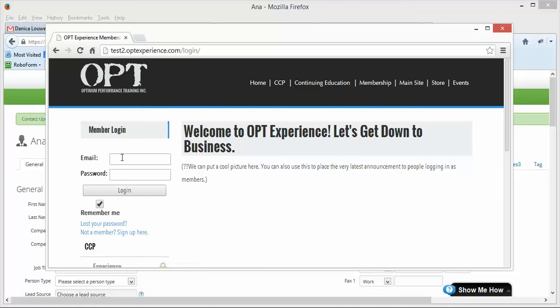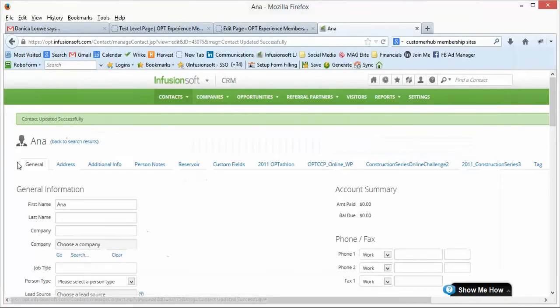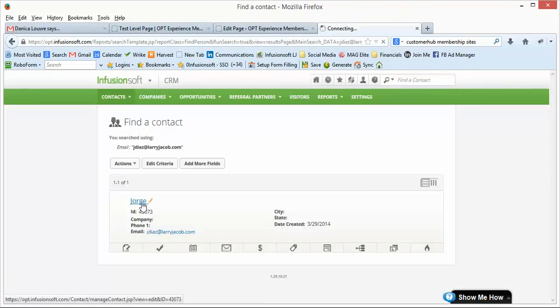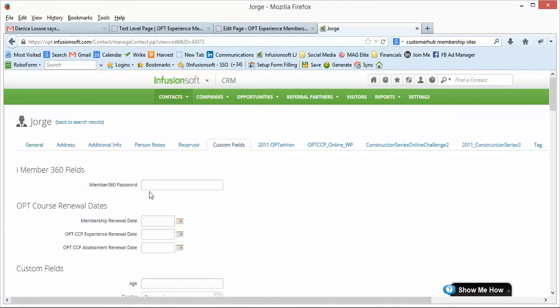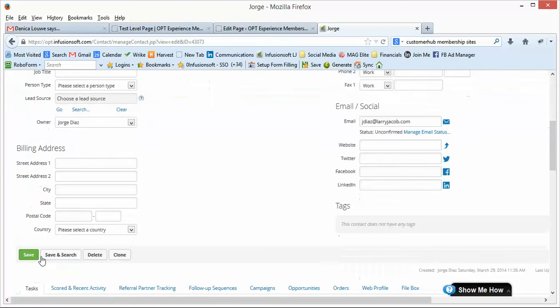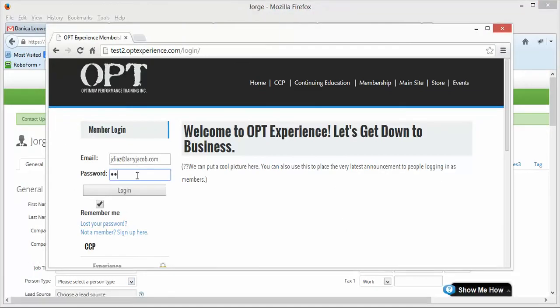If I try to log in as myself, and again, I did not set a password for myself when I created this, so I'm going to have to look myself up. If I go to custom fields here and set 1 2 3, so now I have a password, and I'll save that. Now if I go over here to Chrome and log in with 1 2 3,